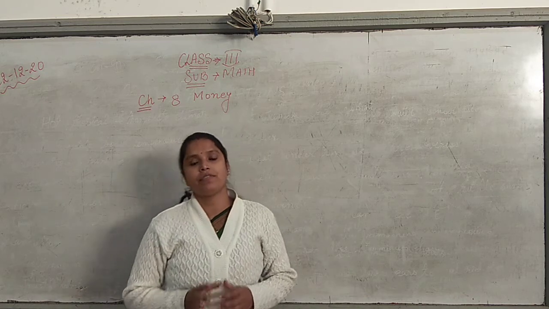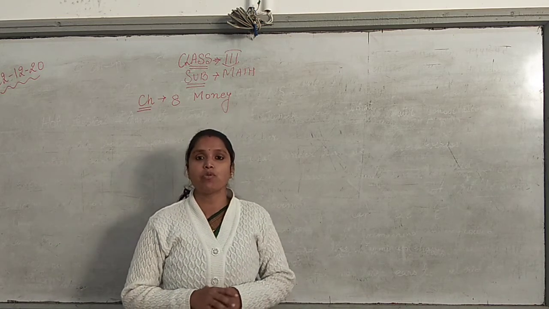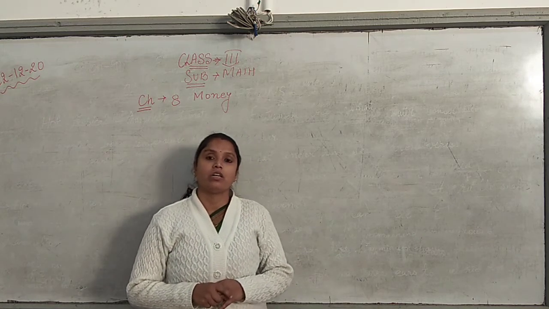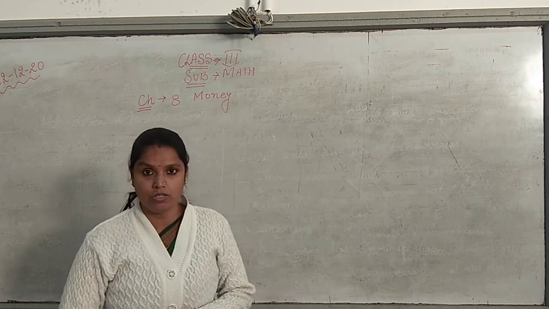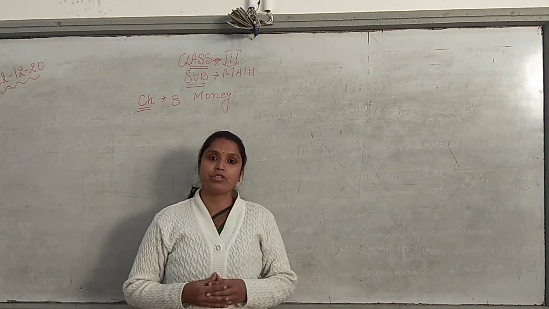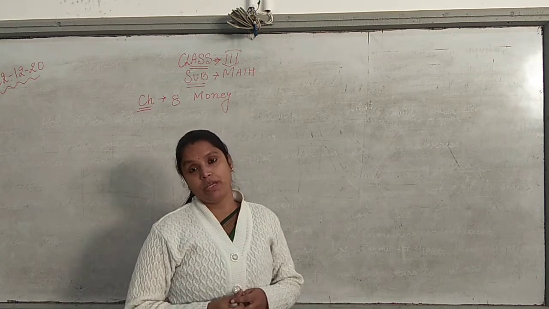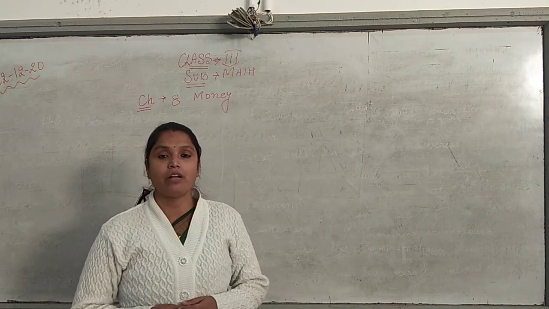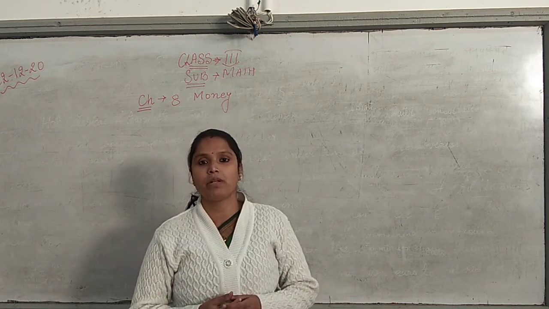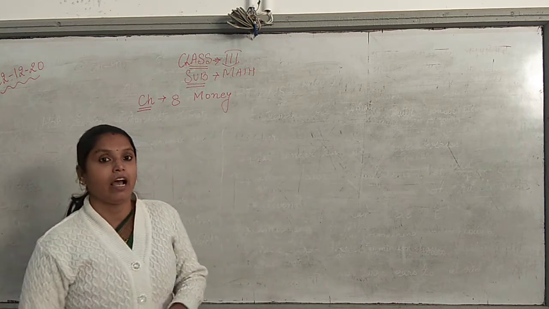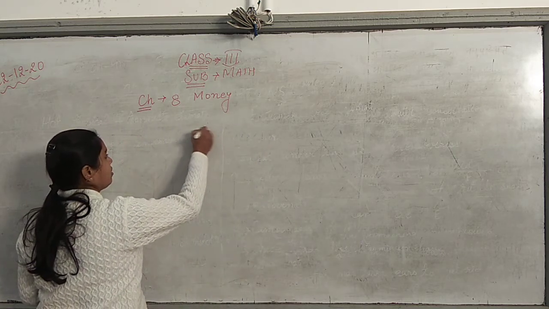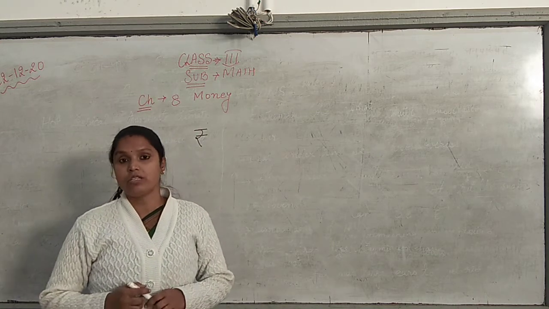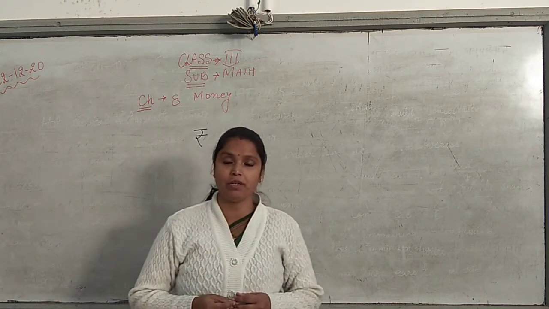Today we are going to continue with yesterday's topic, that is chapter 8, Money. I hope, children, you have all seen the slide I posted yesterday, in which I introduced the explanation of points and notes plus the two units for measuring money, that is rupees and paise. Paise we measure with the letter P, and rupees we denote with the symbol I have given in the slide, and that symbol we use is this.